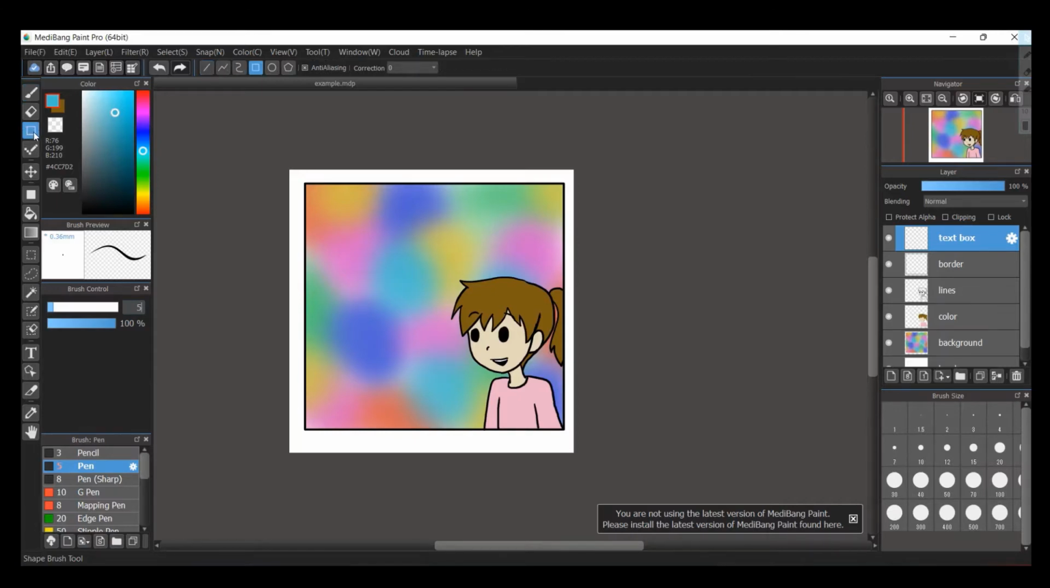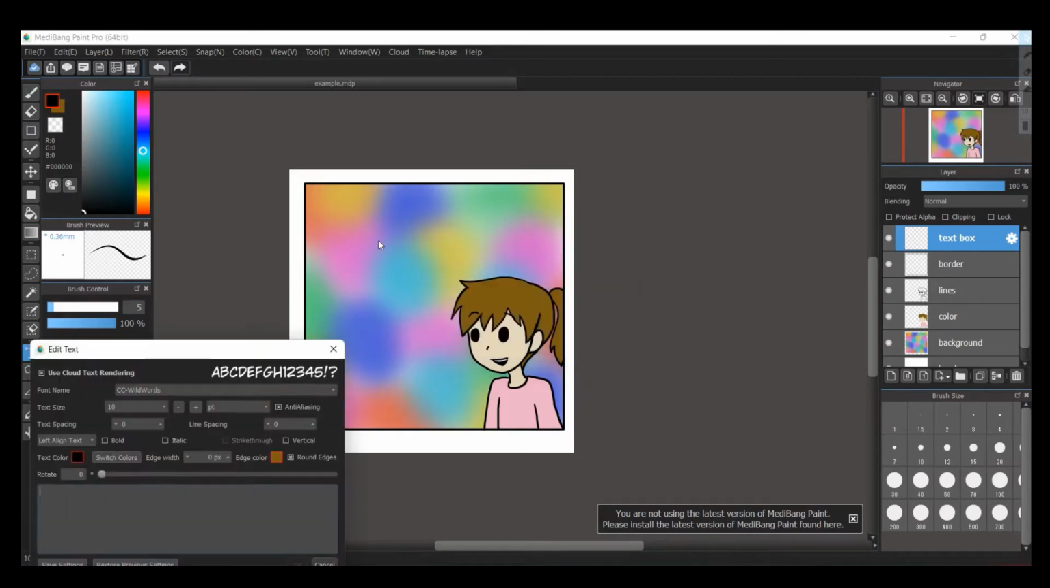Next, add in your text. There's a tool on the sidebar for that. It's a capital T. Choose your font. I use CC Wildwords. You can also select the size,